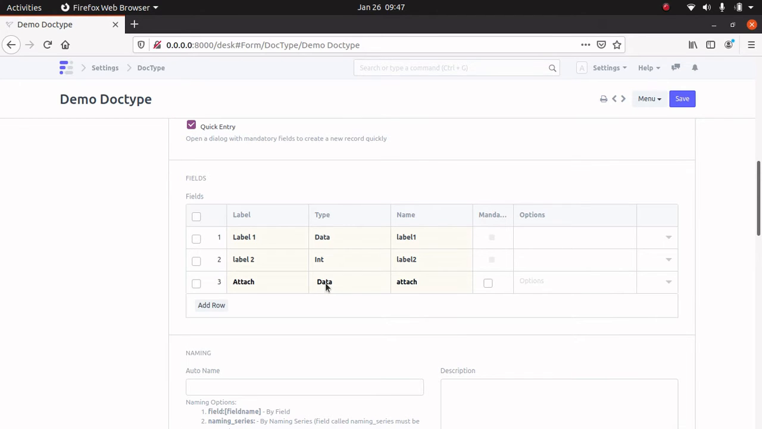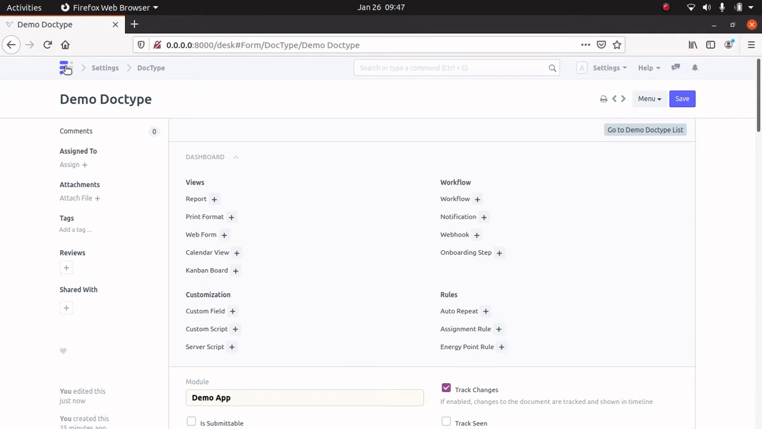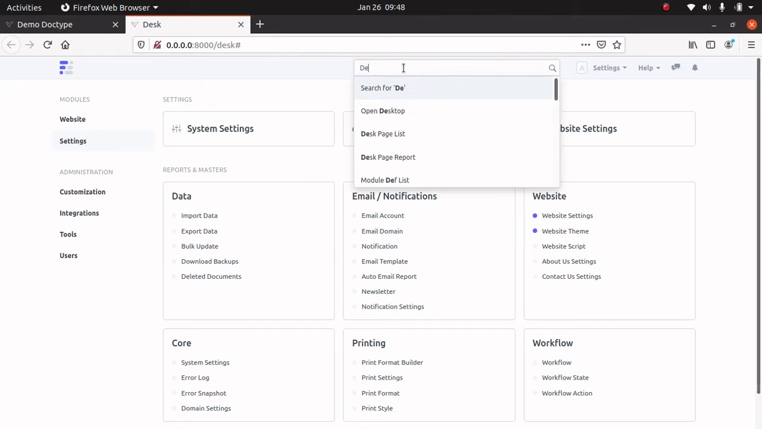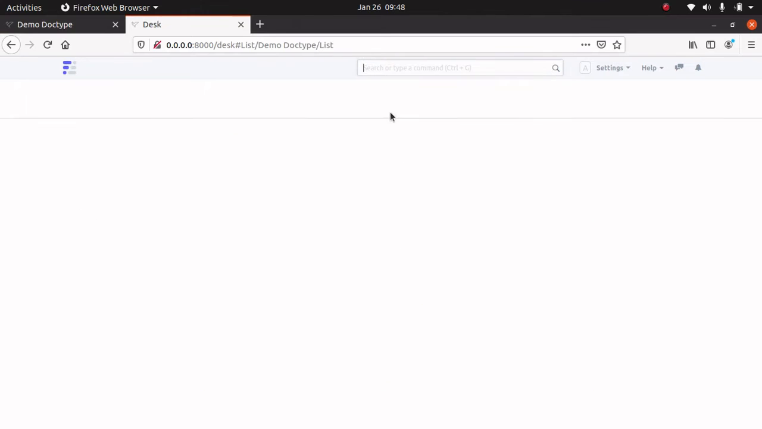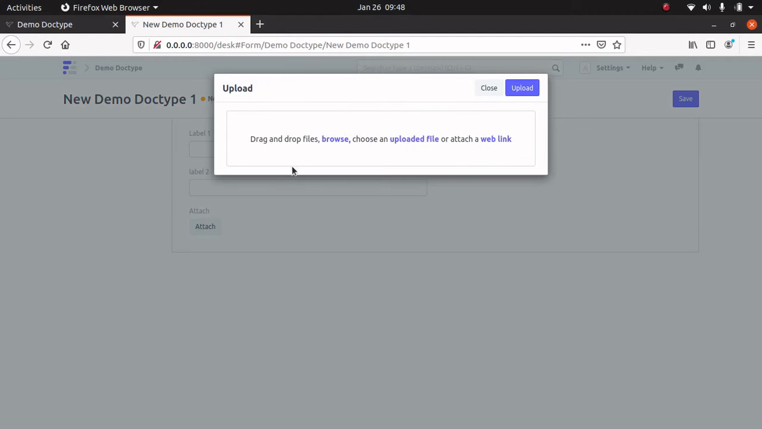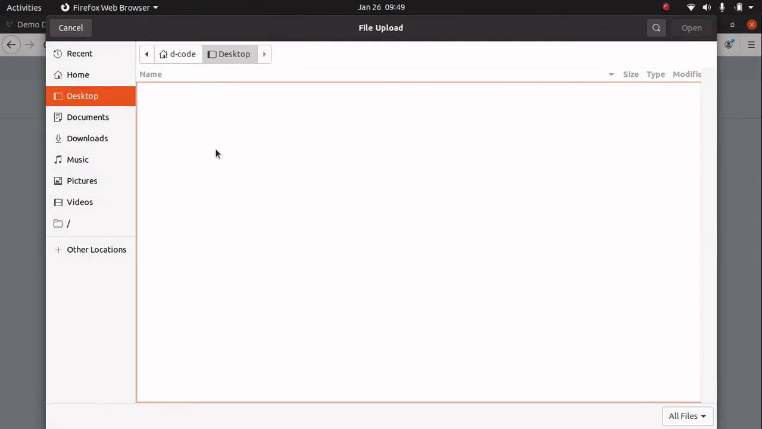So I'm changing this data type into attach. Then again save this doc type, and I'm going to open one more tab. And let's type demo doc type list. Create a new doc type. Now we can see an attach field here, and just click on this attach button, and we can browse different files from our system,